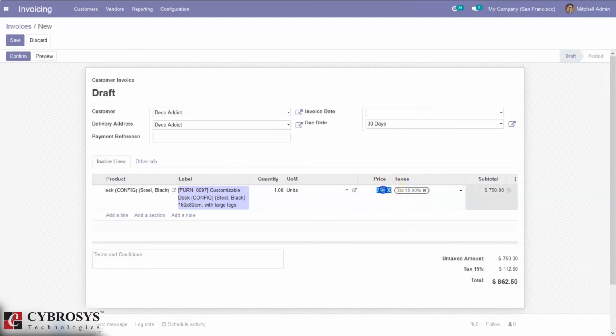So here if I change the price, the modification will be done on the tax amount accordingly.